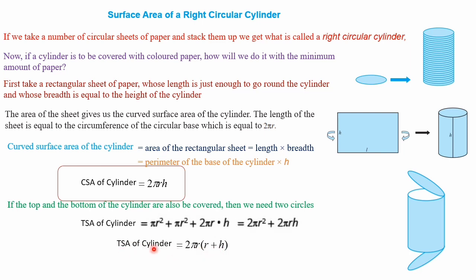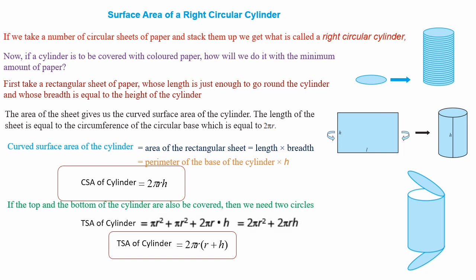So here, just as I said before, it is not merely by hearting. Try to understand how this formula has come. Total surface area means in a cylinder there are three surfaces. Top there is a circle, pi r square; bottom there is a circle, the base we call, this is also pi r square; and there is a covered portion, formula 2 pi r into h. So pi r square plus pi r square is 2 pi r square plus 2 pi r h, and from these we will take 2 pi r common. In the first term there is r left and in the second term there is h left. So 2 pi r into (r plus h) is the formula for total surface area of cylinder.